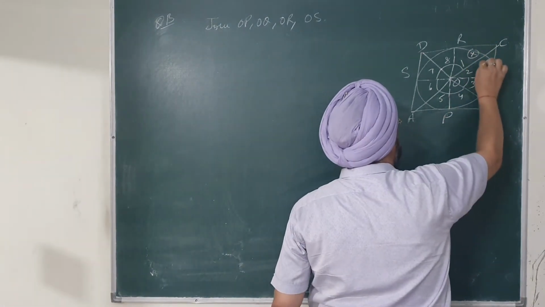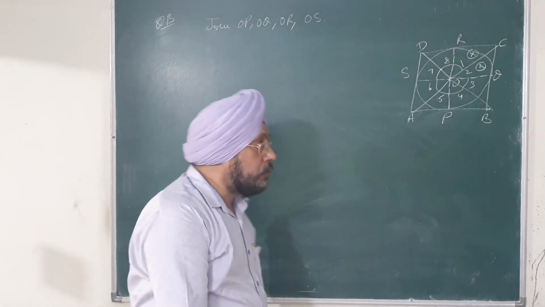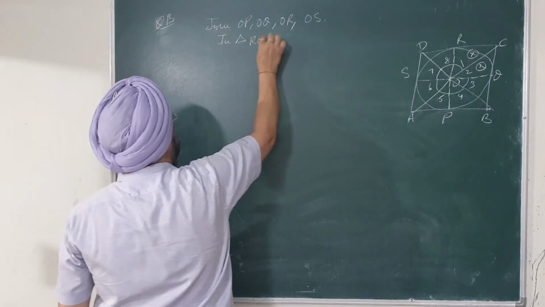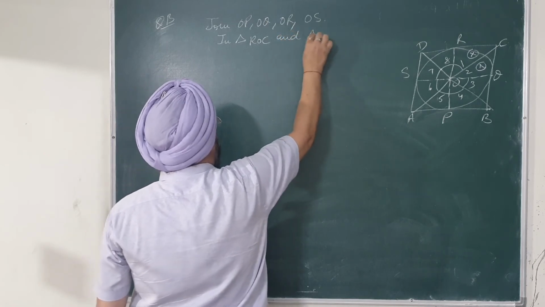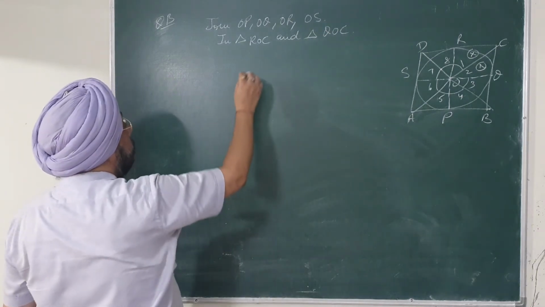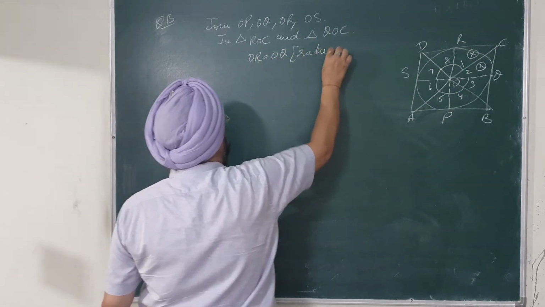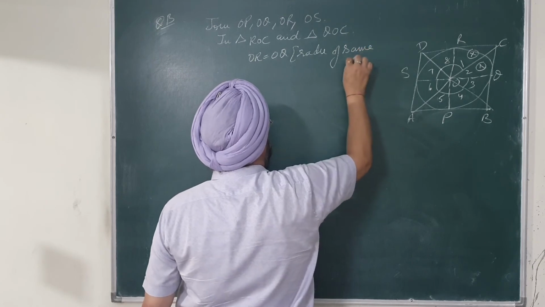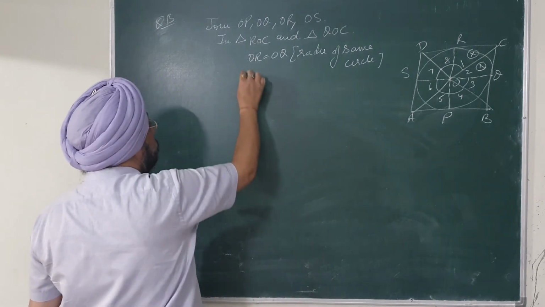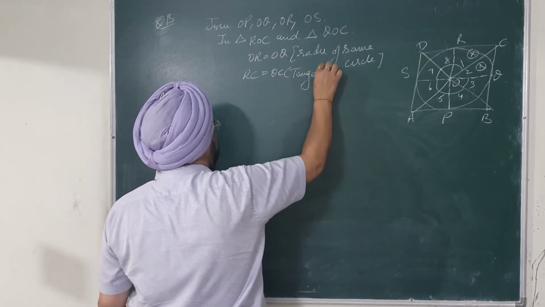So the process is absolutely the same as we have done in question number 9, that we have to show that these two triangles ROC and QOC are congruent. So in triangle ROC and triangle QOC, what is given? OR = OQ, that is the radii of the same circle. Then we have RC = QC, that is theorem 10.2,